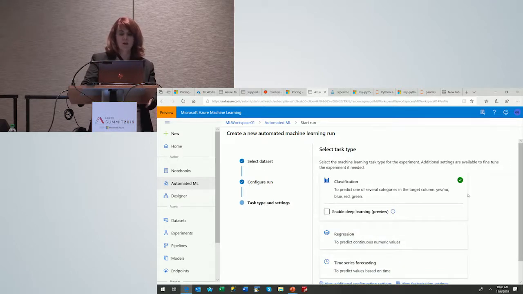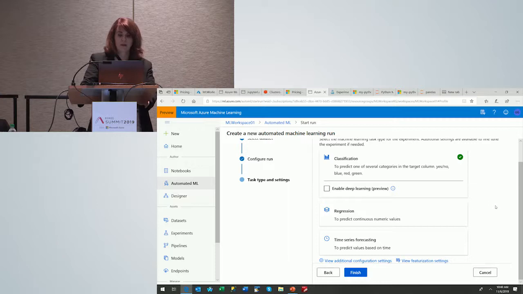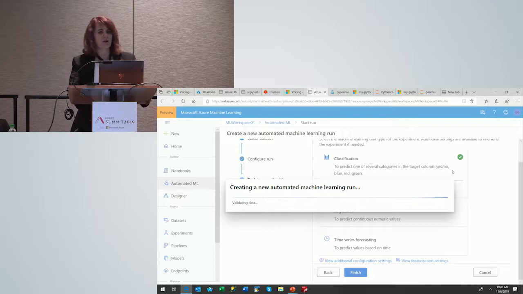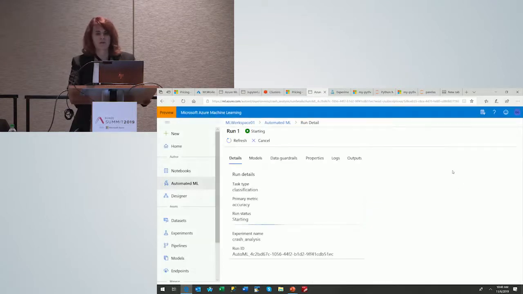And then it says, what are you trying to do? And it determined that I probably want to do classification given what my data does. And then there's deep learning available that I could add for this, but for what I'm doing, I don't think that's very necessary. And then I can say Finish, and it's telling me that it's created an automated machine learning analysis of my data. So the idea with this kind of interface is that more people could analyze their data on the fly.